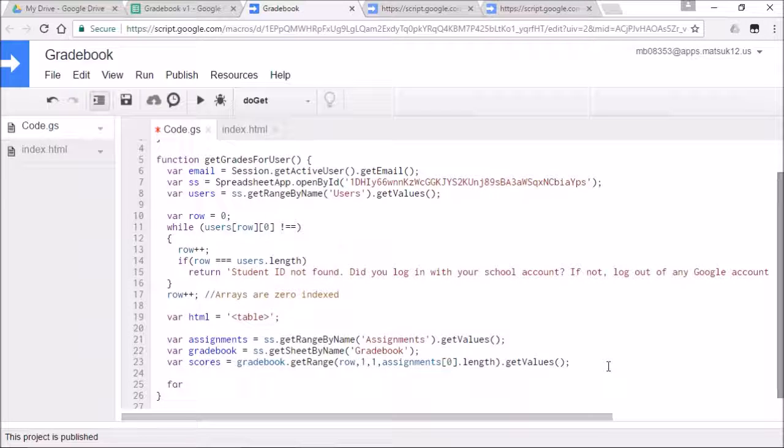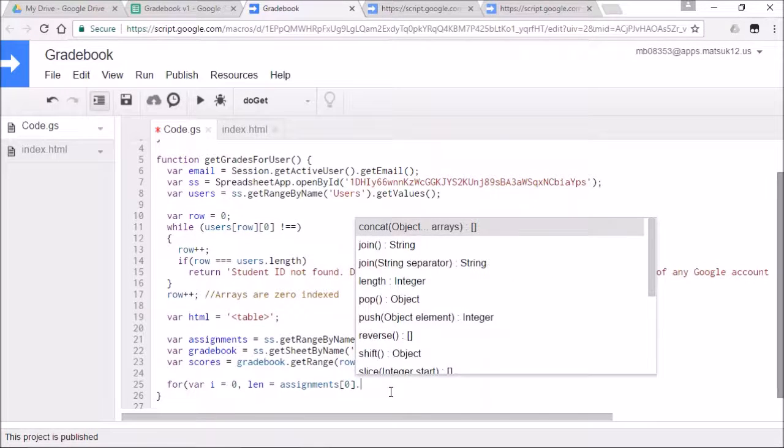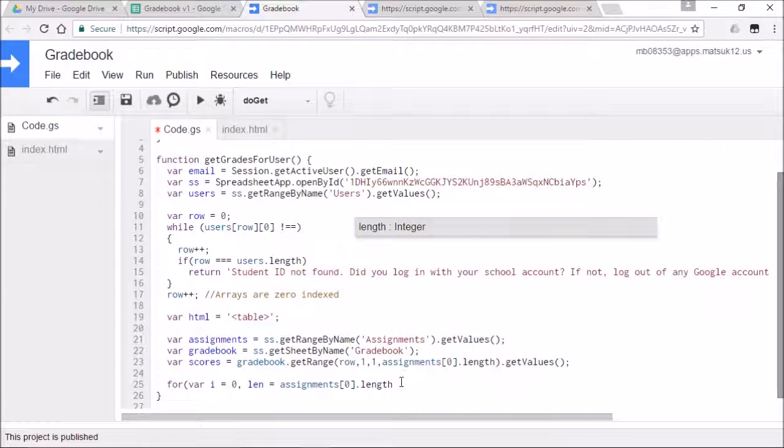So I'm going to say for, and then var i equals 0. We're going to start with the 0th item in our array, and then we're going to go to len, that's going to be short for length, equals assignments, and then again I want to use the 0th row as my reference to figure out the length of the number of columns, so how wide this range is. And then I'm going to put a semicolon right here. So I've created 2 variables that I'm going to use, and then I'm going to compare those 2 variables. I'm going to say while i is less than the length, the len variable,